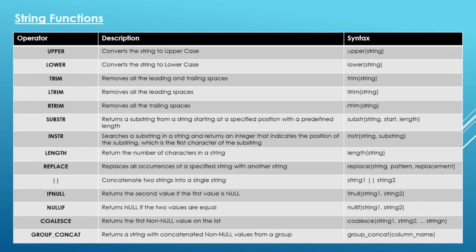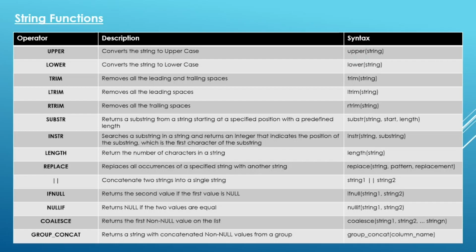So the major operators are upper and lower to convert data into uppercase or lowercase, trim, ltrim and rtrim to remove the trailing white spaces, extra white spaces, substring, instring to return a substring and to return an integer number where the position of a given string is, length to return the number of characters in a string, replace to replace a certain text within a text, pipe symbol to concatenate or join two strings, ifnull to